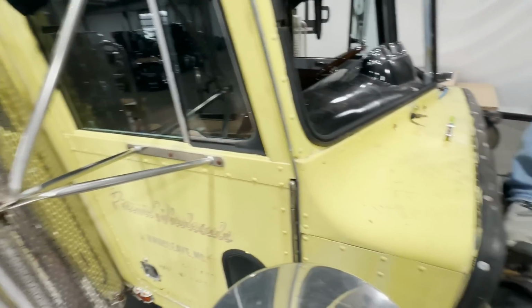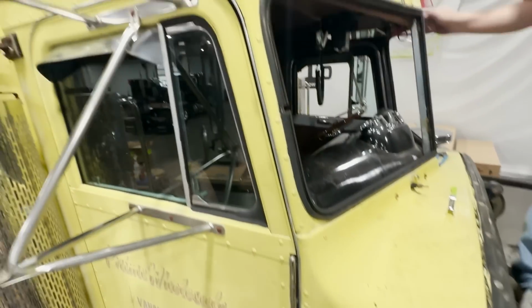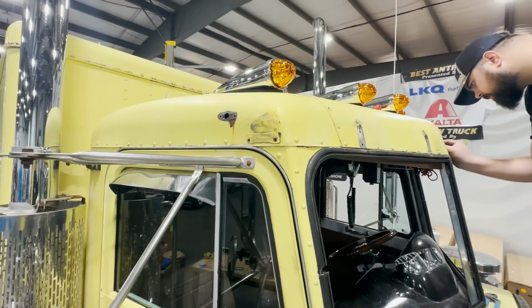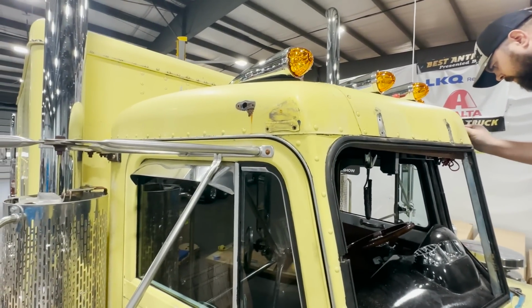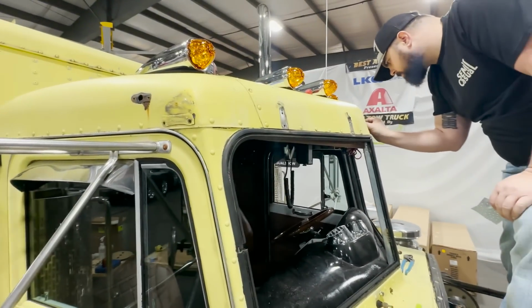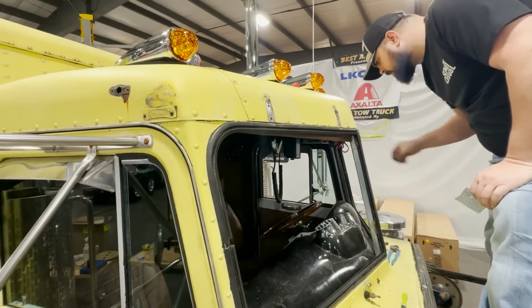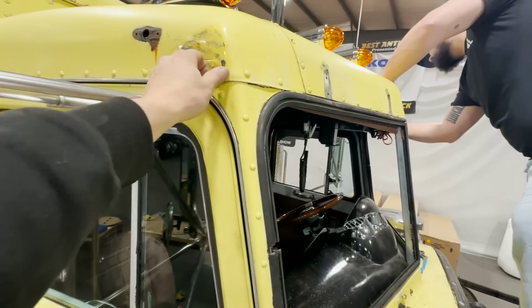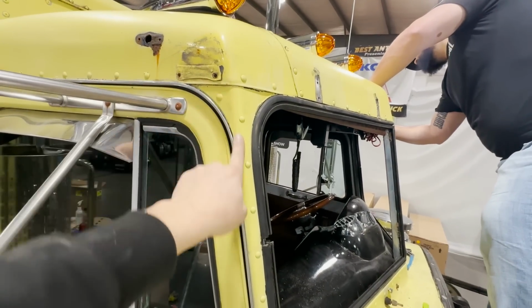I know a lot of people in some of the previous videos are like, you should buff this paint and see what it comes out to be. I don't think there's any hope buffing this paint. It's probably not the thing to do. We're gonna leave the paint alone. But anyway, we had to put a couple of hooks in there,